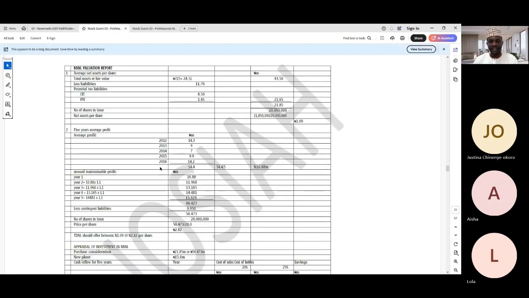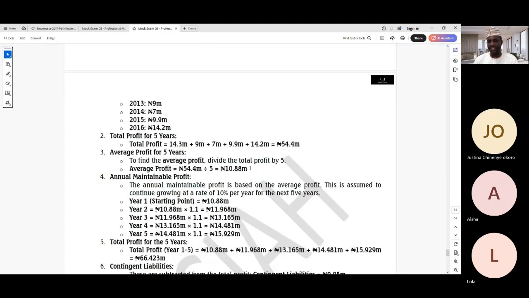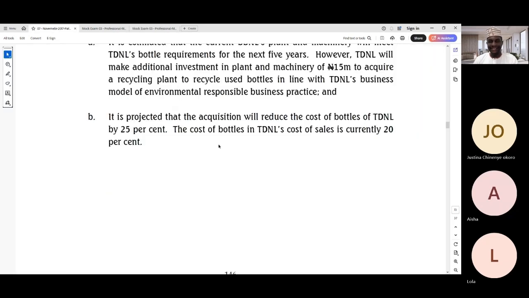So that is what we did here. And we have 54.4 million divided by 5 years. That 5 years they operated. The average profit they made for each year is 10.8 million naira. That means the company had an average profit of 10.8 million. So the annual maintainable profit is based on the average profit and is assumed that they grow annually at a 10% rate for the next 5 years based on this